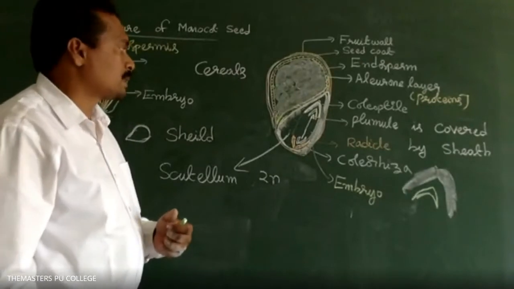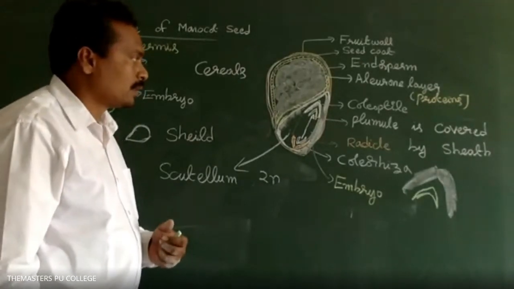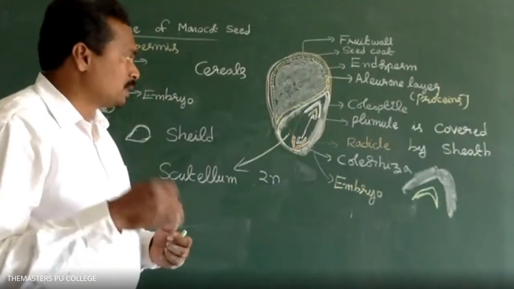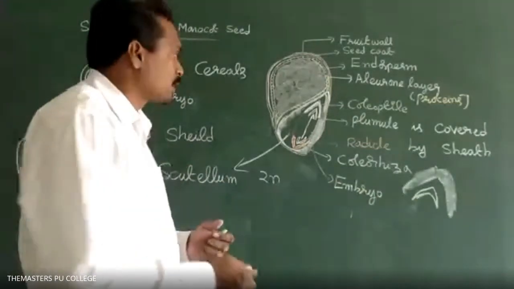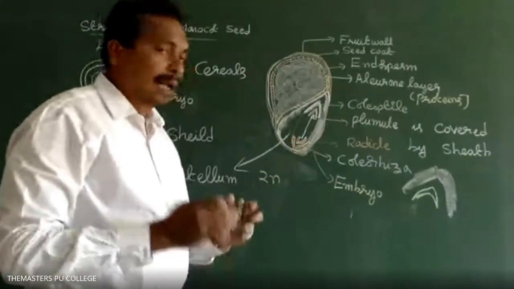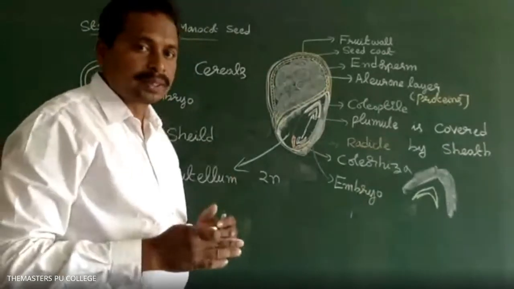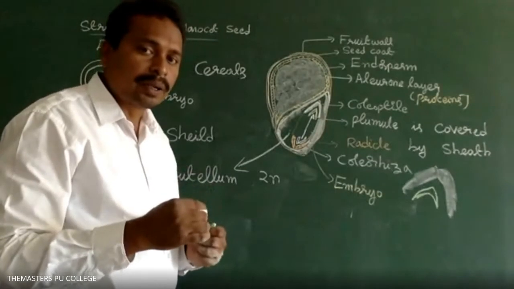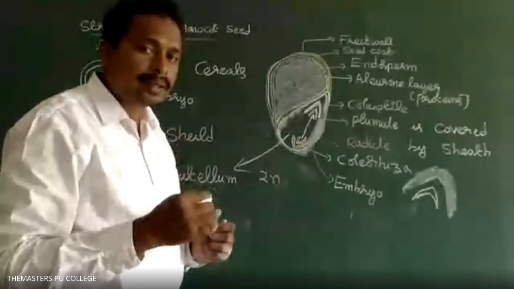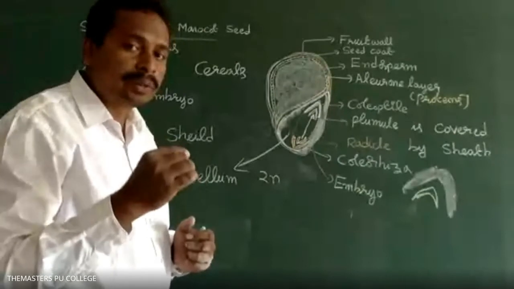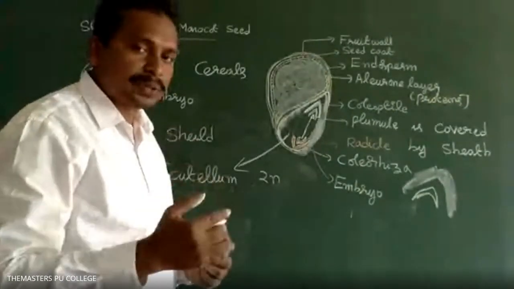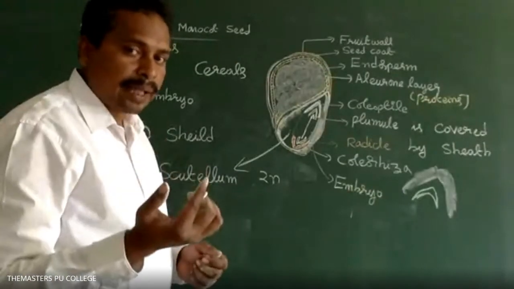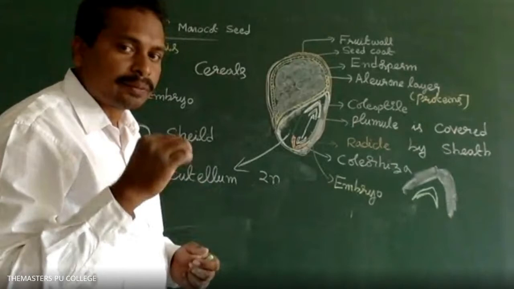Root cap, protoderm, and procambium are regions with tissues. The radicle part is involved in the formation of the root system. Some of the regions are involved in the formation of a root cap. That detailed concept we will discuss in the next chapter, anatomy of the flowering plants, where meristematic and permanent tissues are covered.